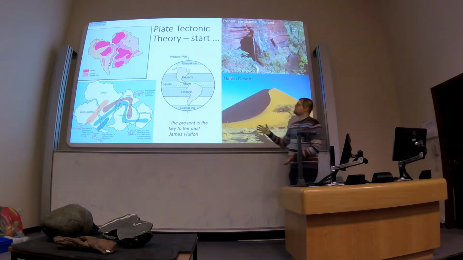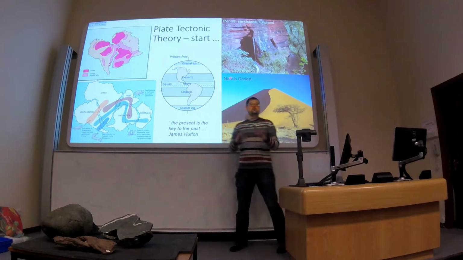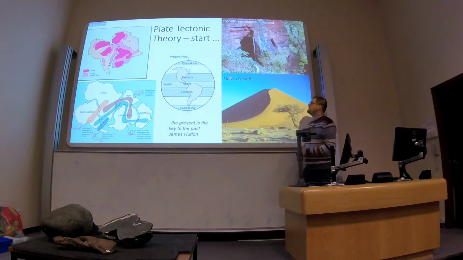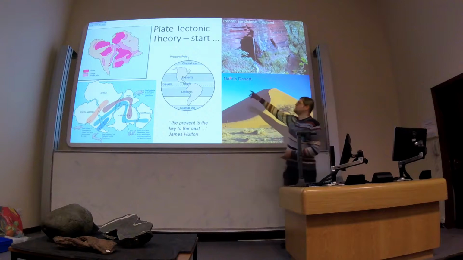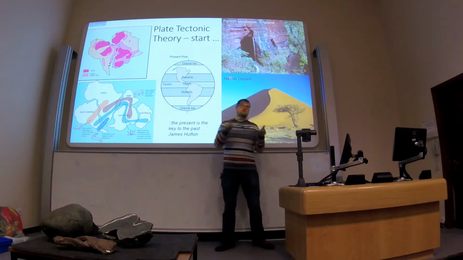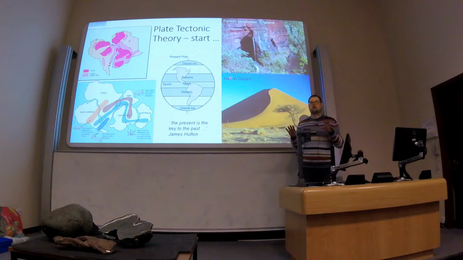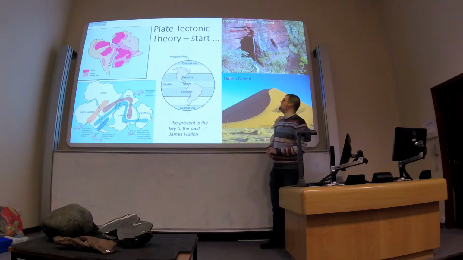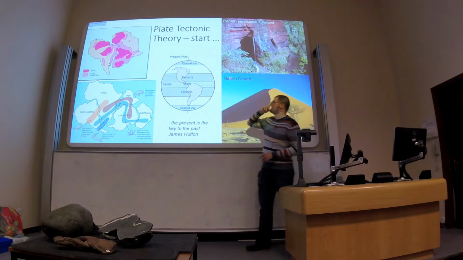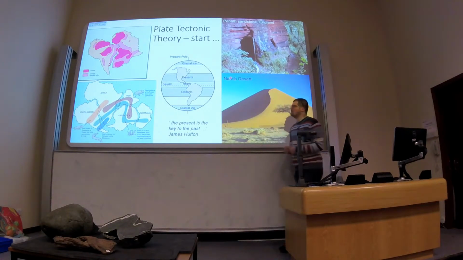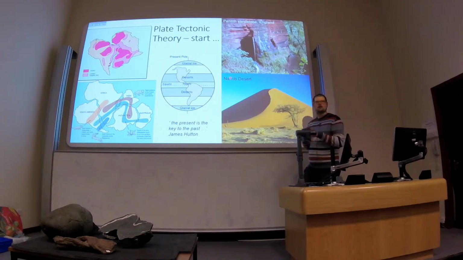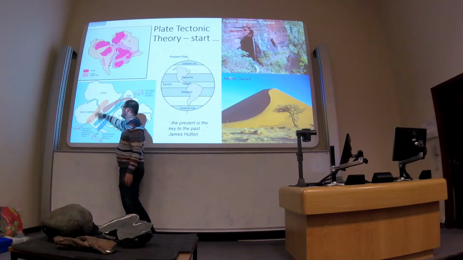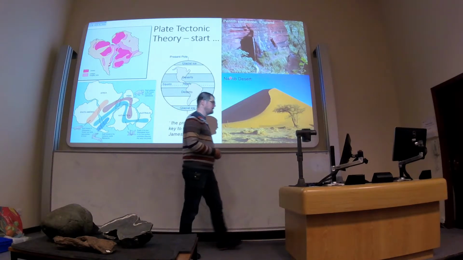So this is the idea that the plates that make up the Earth's crust have moved around from their current positions in the past. And there's quite a bit of evidence for that. If you look at the coastlines, or in fact the continental margin edges of some of the continents, they kind of fit together, where they can be subsequently moved apart. So Africa and South America seem to fit together quite nicely. And once you've fitted them back together, you can see that the ranges of fossil organisms seem to line up across continental boundaries.